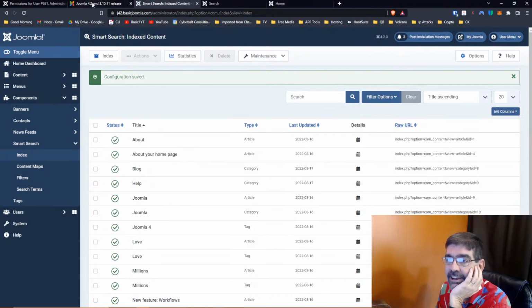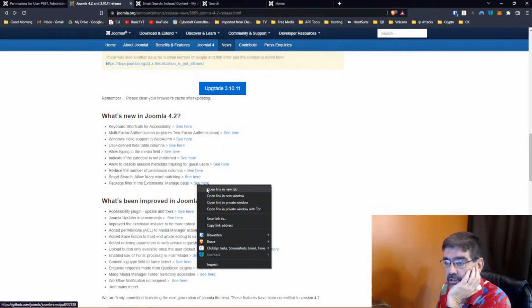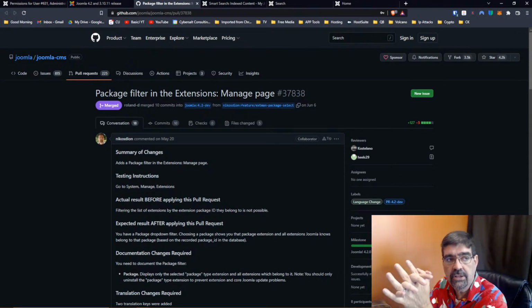Okay. Last one here: package filter in the extensions manage page. This one is not going to show so well on a core site right now, but it's all I've got in 4.2 right now. And that is this: in the extensions manager page, there's now a filter so that you can view by a package. And basically what that is, let's say you download and install